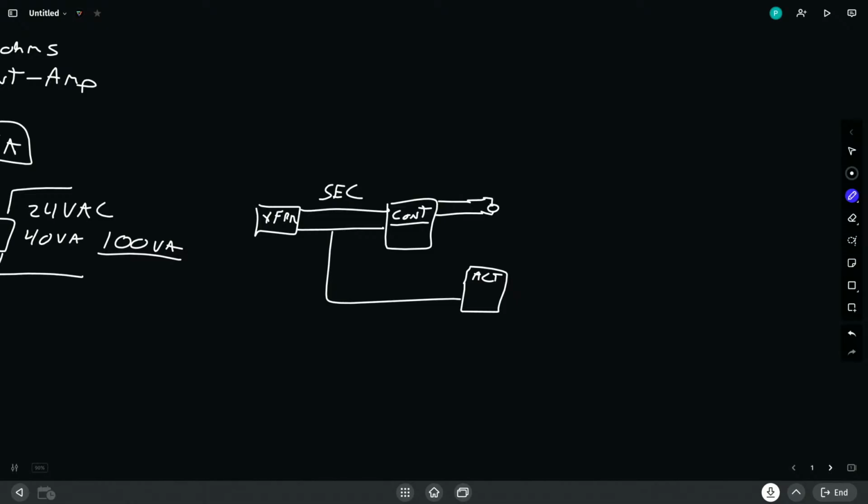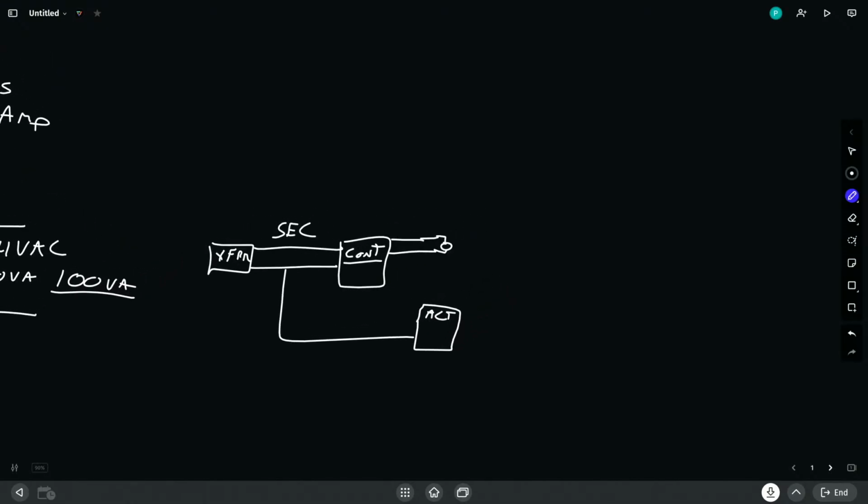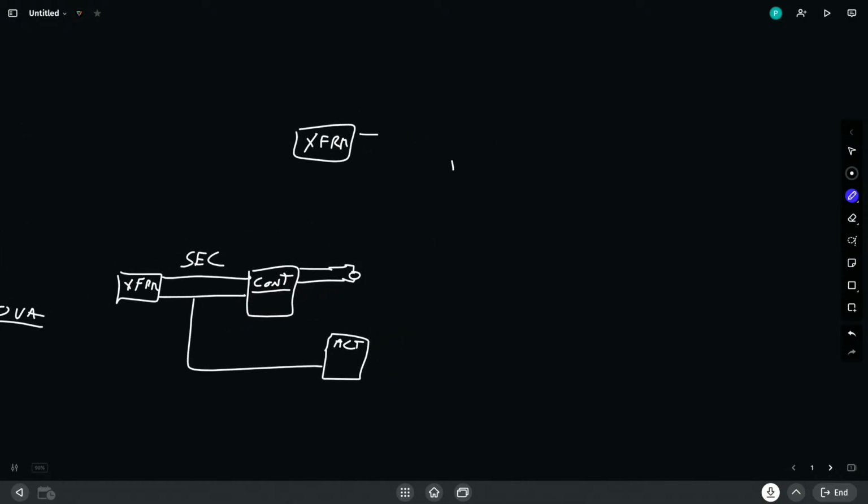Now, what happens is that whenever you are using a transformer, and this transformer is going to a resistive load, a motor impedes the transfer of electrons. So electrons, volts, are the power, and this transformer is providing that power.